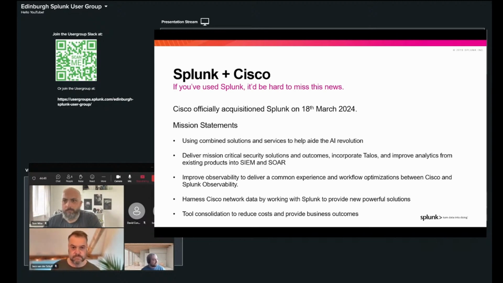For example, this is just a hypothetical off the top of my head, but I know this has always been an issue with a lot of people: getting logs out of something like Encore or Firepower uses a strange protocol. Perhaps they'll build forwarders into it and shoot it straight into Splunk instead of having to deal with weird protocol languages to stream that data.